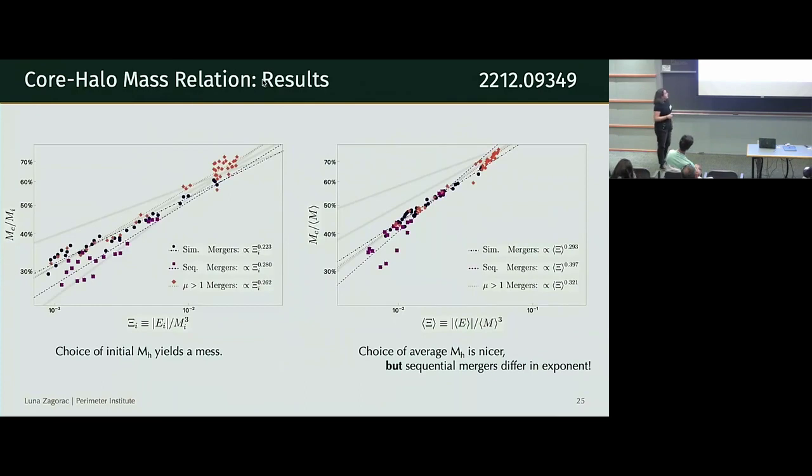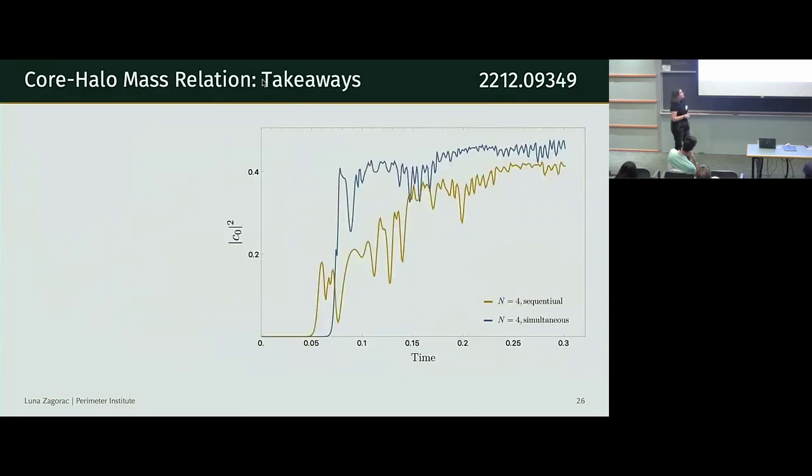So here are all of the results for all 3 different types of runs. So this is for the initial choice of M halo. I will not attempt to convince you that any of these fall on a line. However, when we define the average profile of a halo, what we do see is the simultaneous and sequential mergers both fall on about a third. So these are the mergers without any merger history. But the sequential mergers, where we have a merger history built in, are closer to 0.4. So this is different. And so the merger history does also change the slope that we expect.